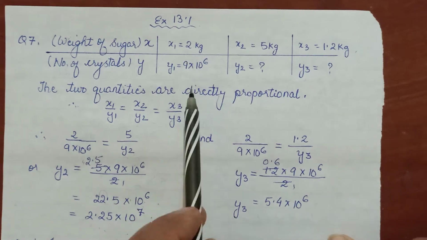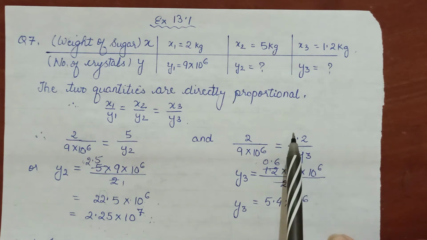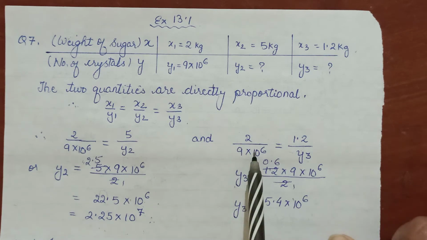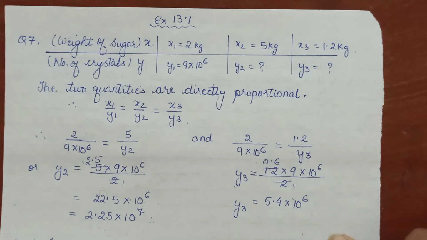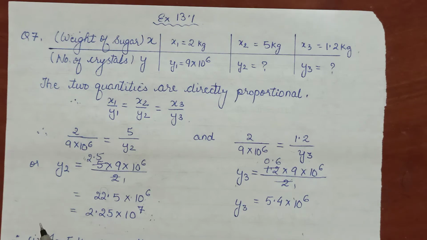Likewise now, this time finding for 1.2 kgs, in place of weight we are going to take 1.2 kgs to find the corresponding number. Again, y3 goes here, 2 comes in the denominator, this is cross multiplied here, and cancelling tells you this will be the number of crystals. So simple enough these questions are. You just need to understand what kind of relation there is between the two quantities we are talking about, direct variation or maybe they are varying inversely. If it is direct, consider the ratio and put it in tabular form like this. It becomes quite simple to understand and calculate.